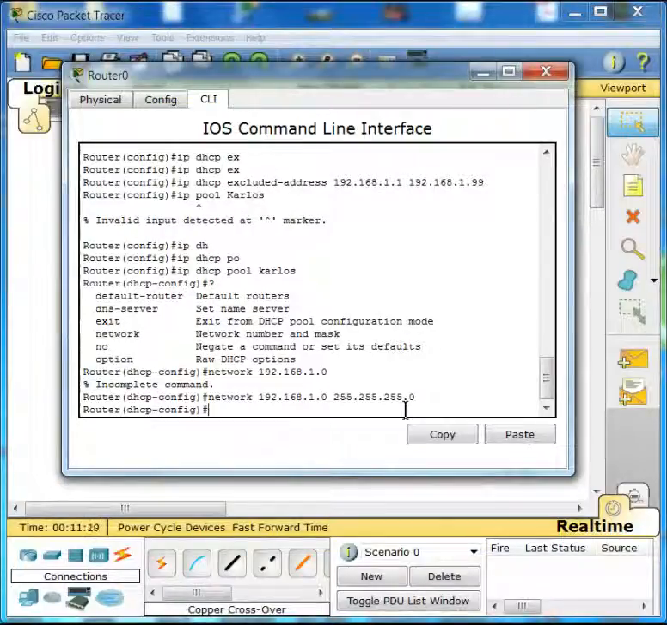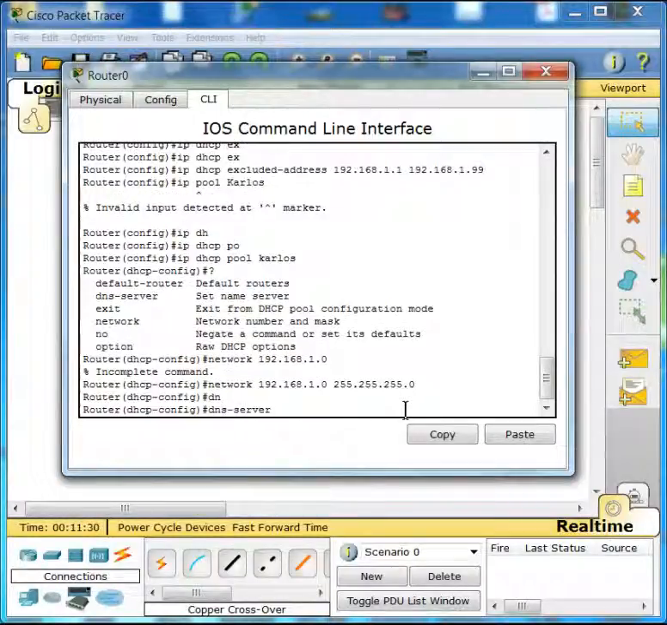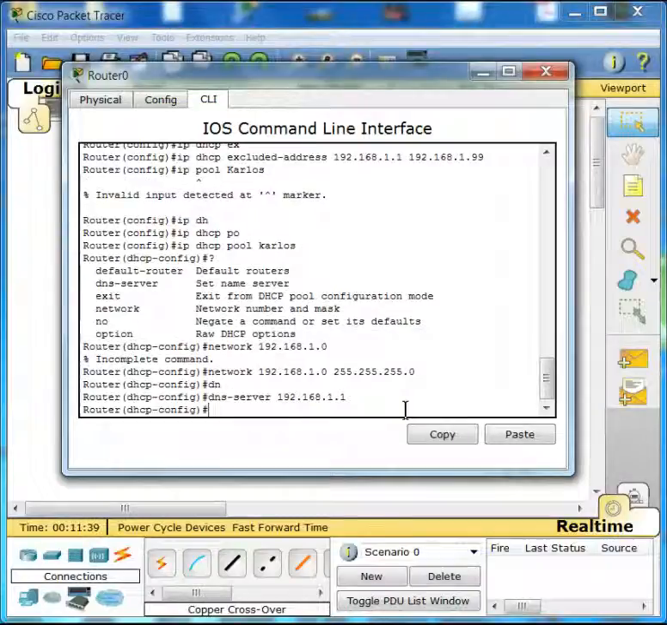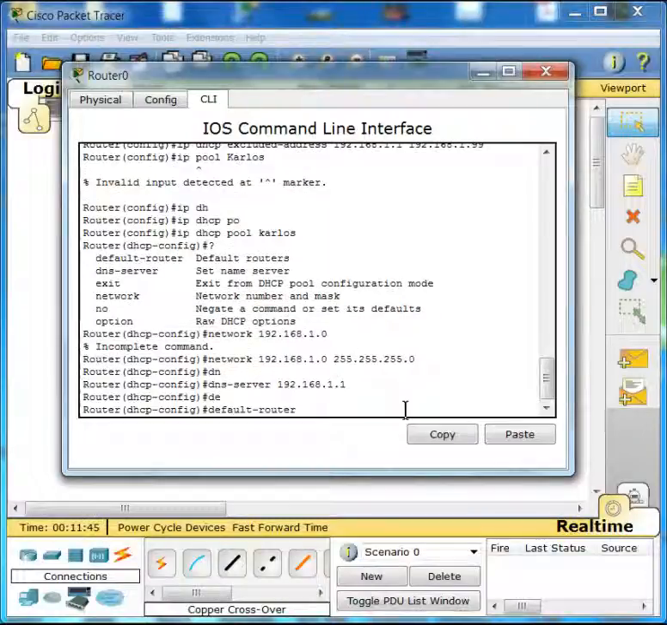And I'm going to also put the DNS server. For the DNS server, you put dns-server 192.168.1.1, and the default router, tab, is